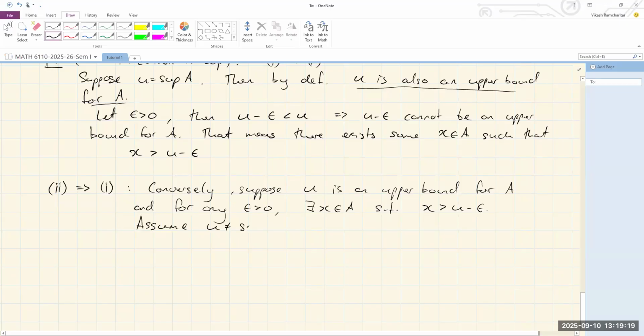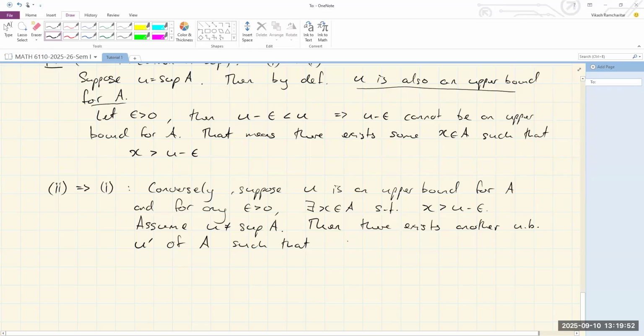Assume that u is not the supremum of this set A. Okay, if u is not the supremum, then there exists another... the supremum is the smallest upper bound. So if u is not the supremum, that means there exists another upper bound. Let's call it u prime, of A such that,